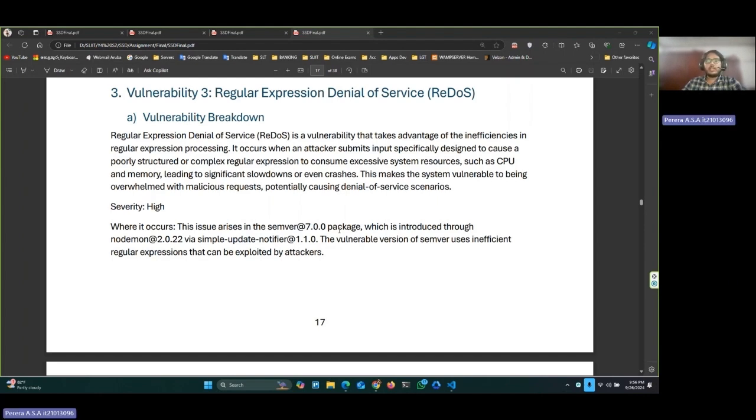Moving on to the second vulnerability, regular expression denial of service, or ReDoS. This type of vulnerability occurs when an attacker uses a carefully crafted input to exploit the way regular expressions are processed in our code. Regular expressions are a powerful tool for pattern matching, but if they are not written efficiently, they can cause excessive resource consumption when processing certain input. This can lead to significant slowdown or even a complete crash of the system, which is especially dangerous in production environments